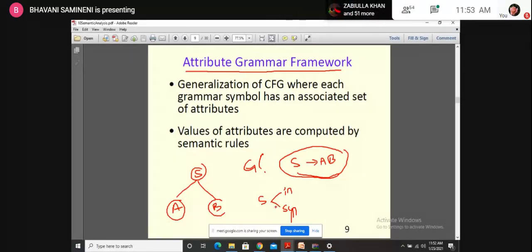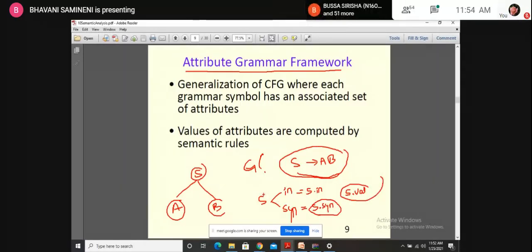If I'm using an inherited attribute, I'm going to create something like S.in. So here .in is an attribute for S. Or I can write S.syn, where .syn is an attribute for the node S. Sometimes I'll be writing S.value, so S.value is an attribute for the node S.